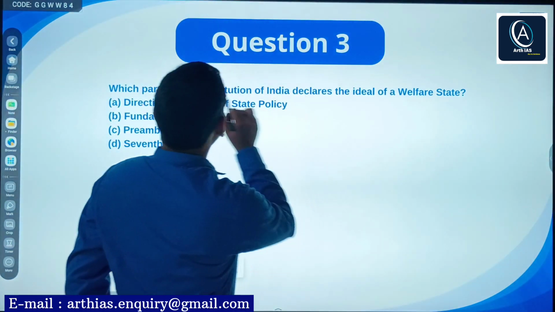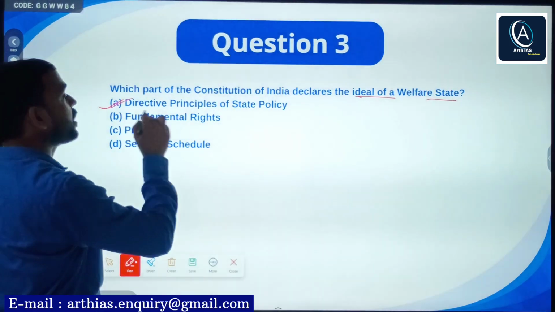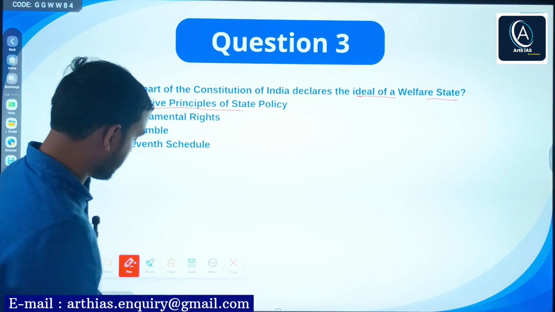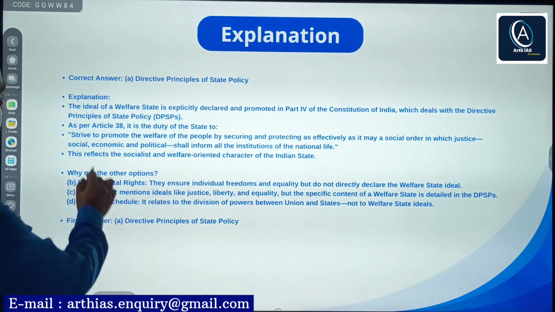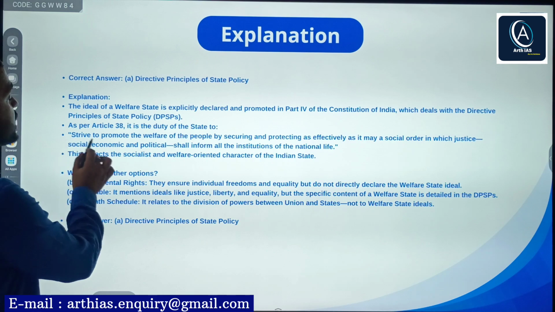Means the ideal of welfare state is given or part of directive principle of state policy. Under which article? Under article 38. Here is the explanation. You can pause the video and you can read. Already I told you, as per article 38, it is the duty of the state to strive to promote the